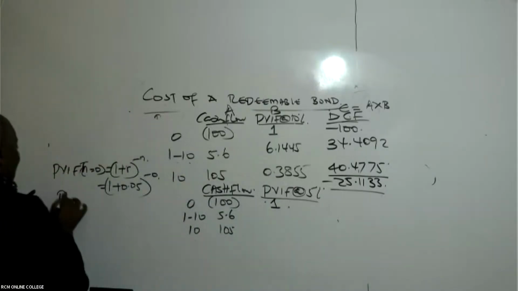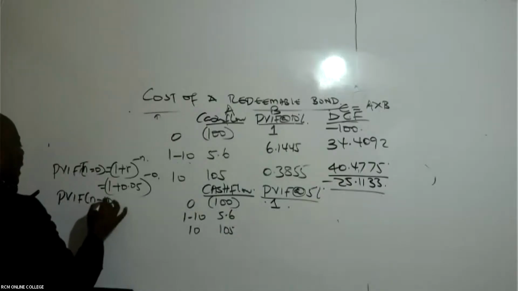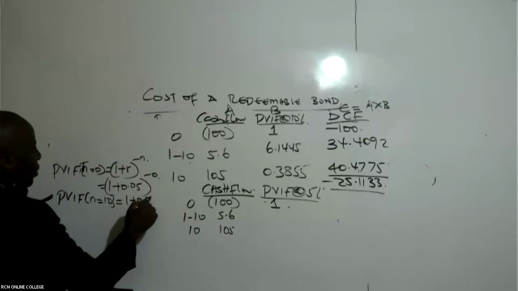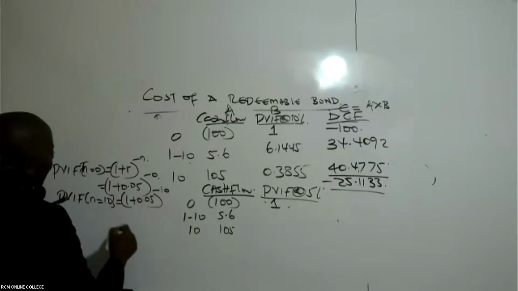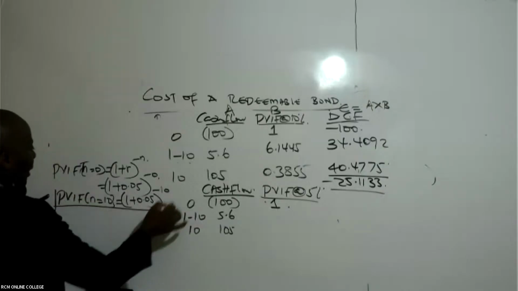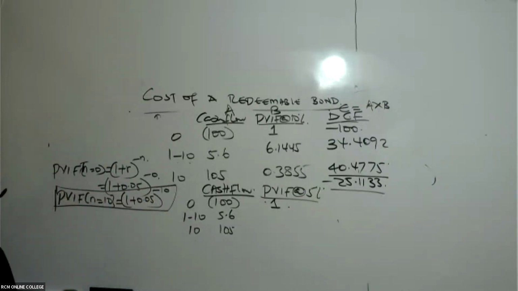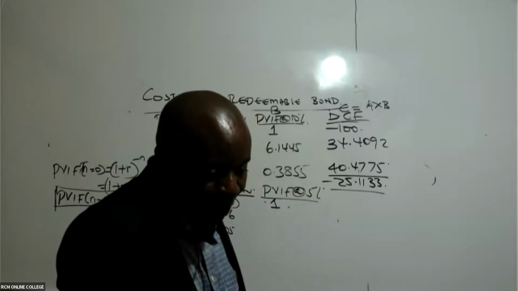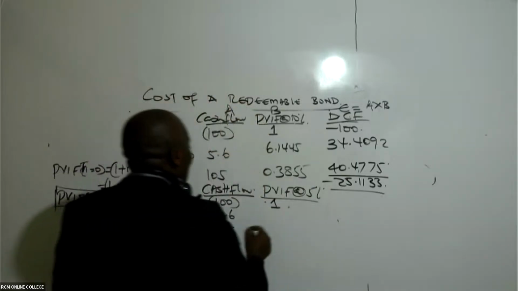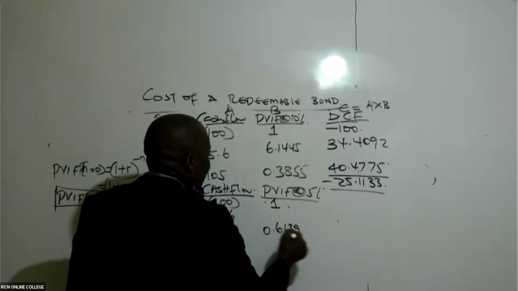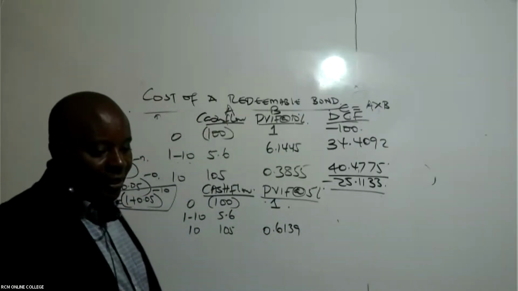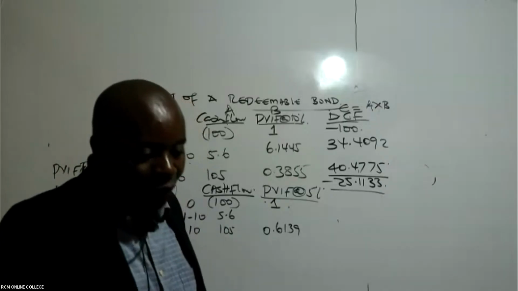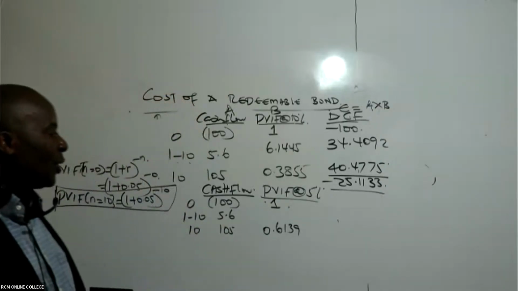How about PV when n is 10? It will be 1 plus 0.05 raised to negative 10. Somebody please walk this journey with me and ensure you're giving me these answers. When n is 10, how much do I have there? So Kibisu is giving me 0.6139. Is there somebody who is able to confirm that this is 0.6139? Can somebody confirm? Somebody else? That's a confirmation. BR has confirmed it, which is very good.